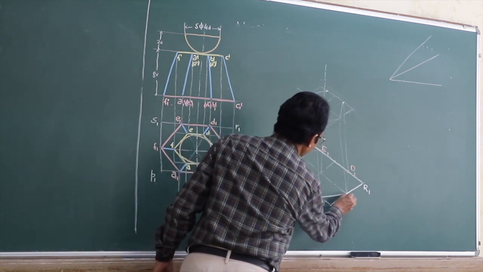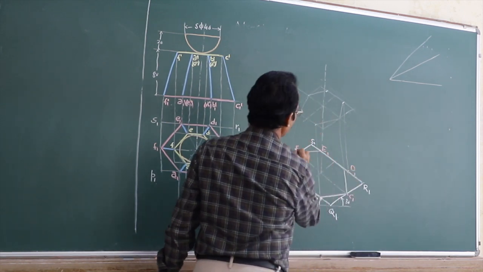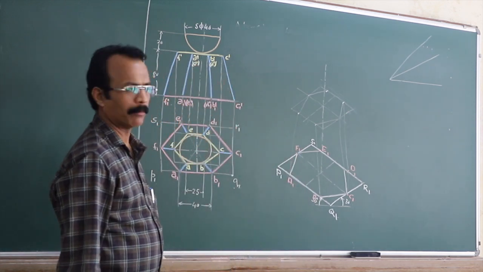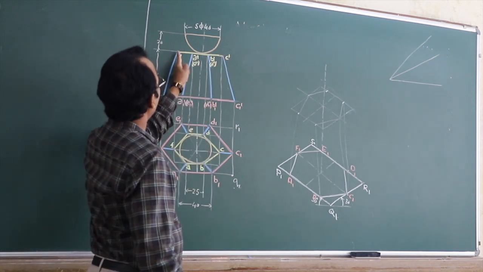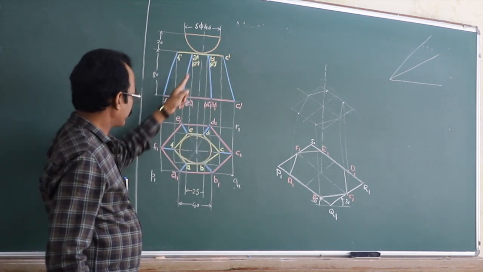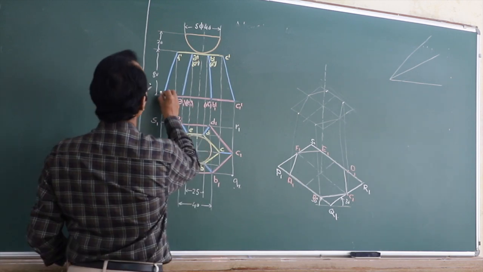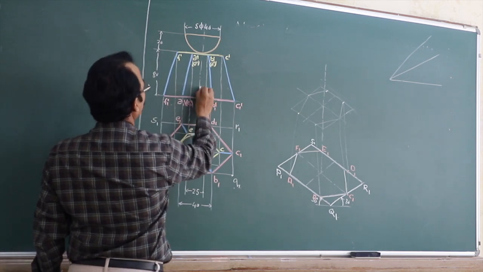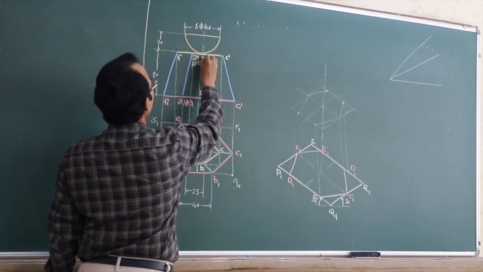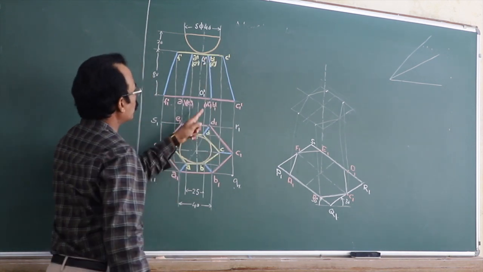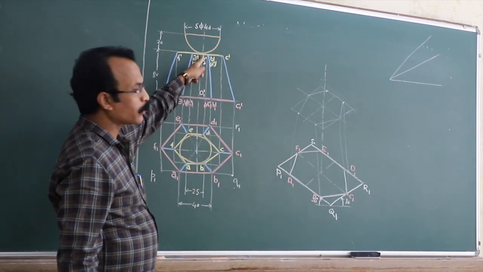Just connect it by light lines, because right now we don't know what is visible and what is invisible there. So just finish that much. Then next, after completing this, I want to draw the hexagon which is at the top side. That is this hexagon A, B, C, D, E and F, right? Now this is at a height of 80 mm. So I must get this axis now. Let us call this O1 dash, this O2 dash. So I must first get O1 dash here in order to draw this vertical line.